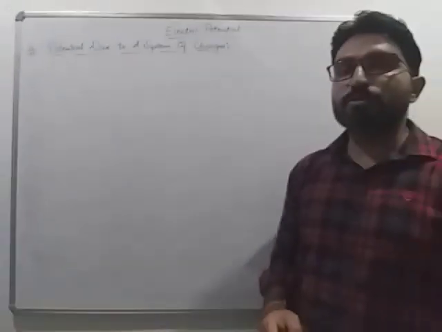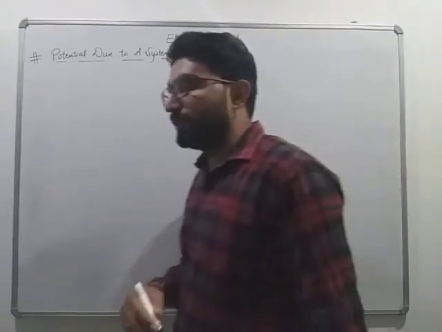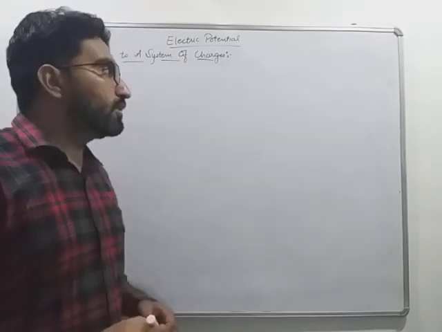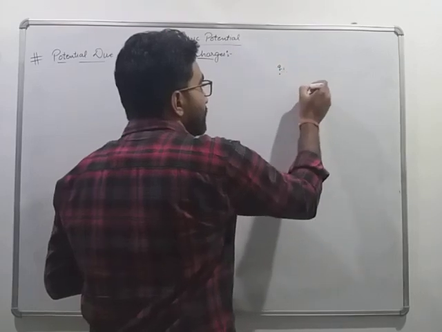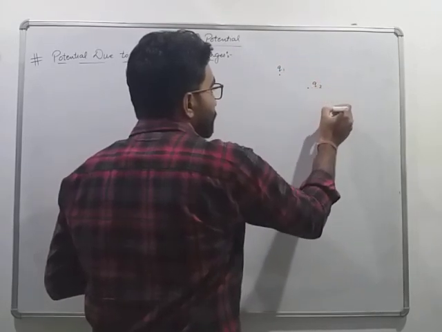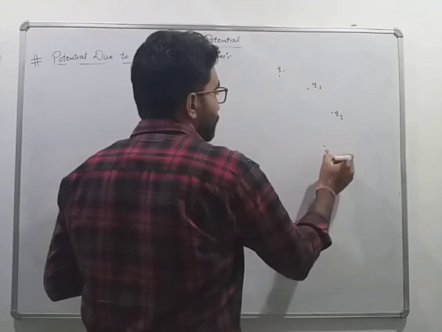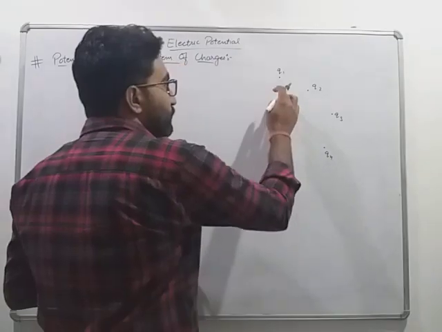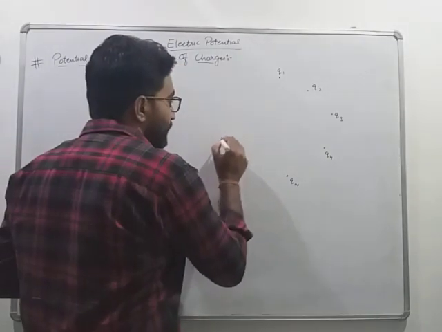Today we will start our new topic, potential due to a system of charges, and we have to find out the electric potential due to a number of charges. Suppose we have a number of charges, that is Q1, Q2, Q3, Q4 up to Qn, and we have to find out the electric potential at a point P, which is at a